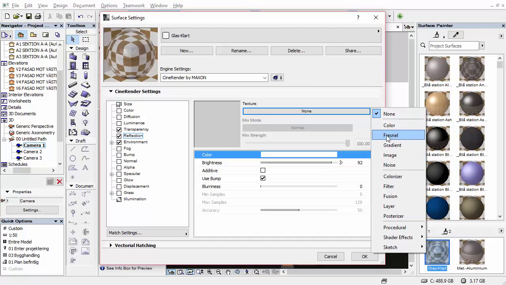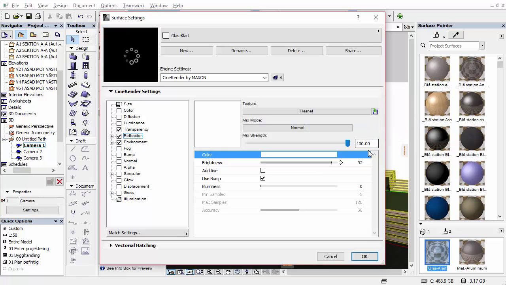Please do not pronounce that Fresnel. It's a French word, so it's pronounced as Fresnel. So we can put Fresnel shader here. The Fresnel shader, if you look now at the glass, you will find that all the circumference or this side of the glass